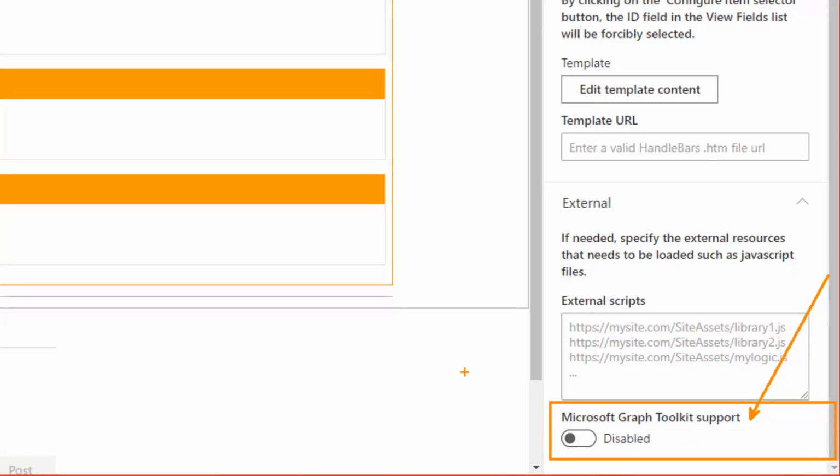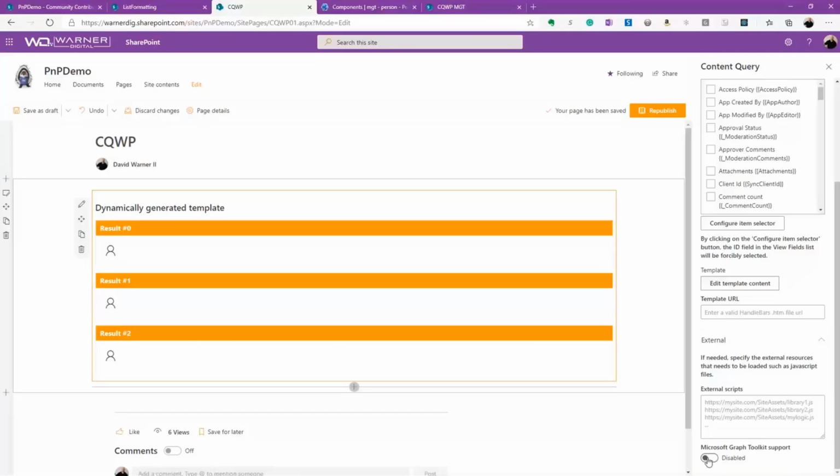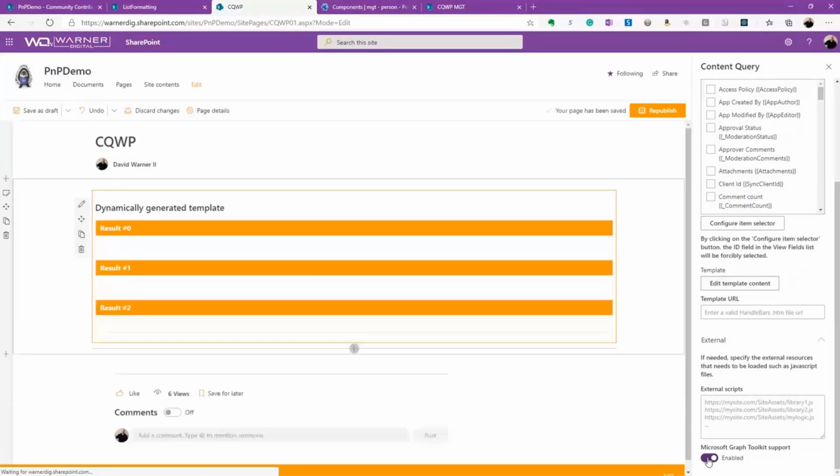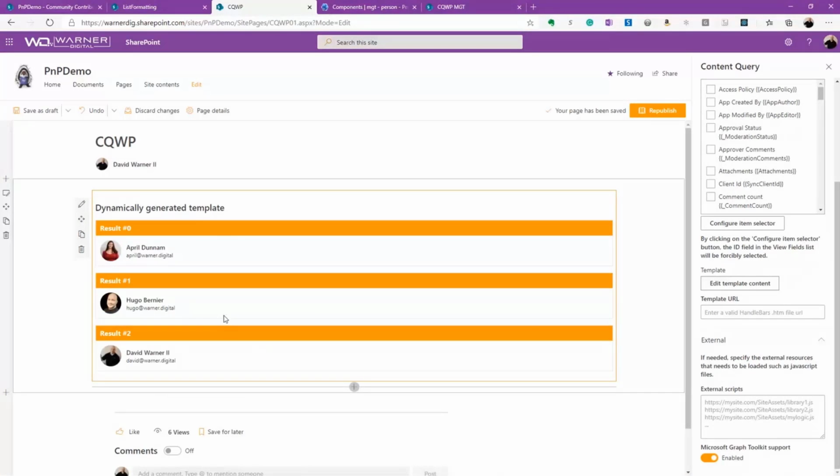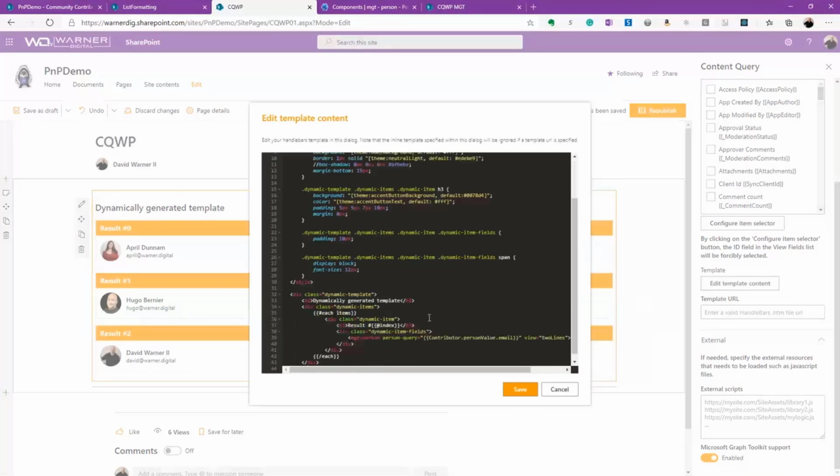Now you may say, why are you providing the ability to enable it? Why don't you just enable it out of the box and include it with the content query web part without us having to worry about it? Well, it's because it's including extra JavaScript that gives you that connection to the MGT, and you may not need that in every case. You may only need the original power of the content query web part, so you might not need to have access to the toolkit. And so giving you the ability to enable it allows you to remove any of the extra JavaScript that you might not need. So I'm going to enable it,